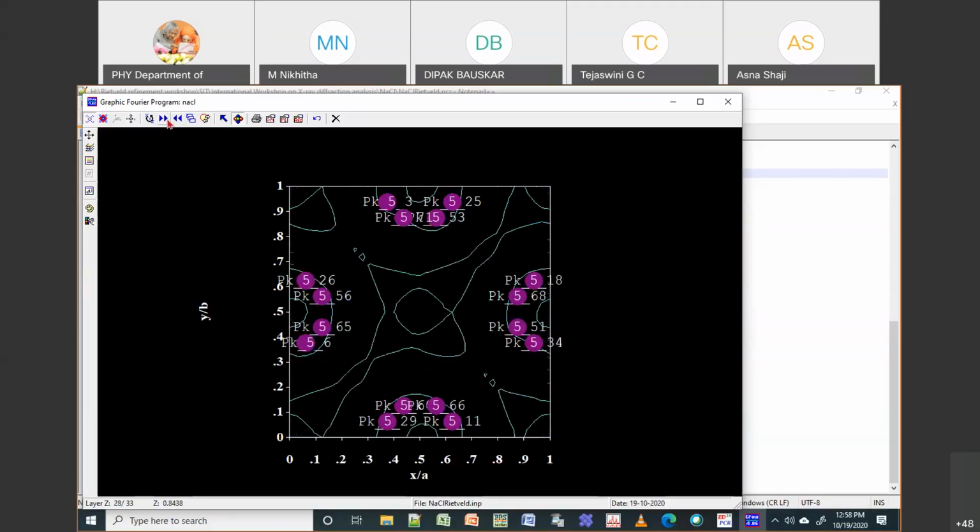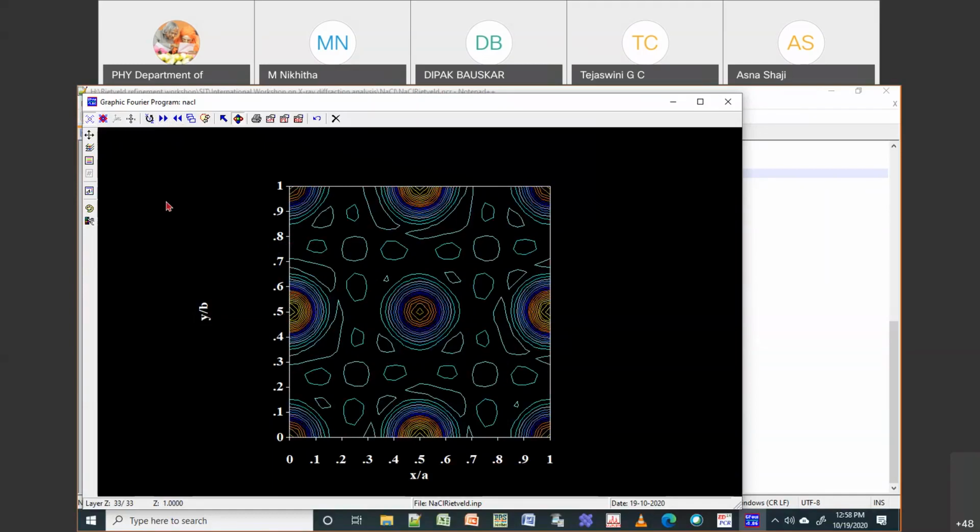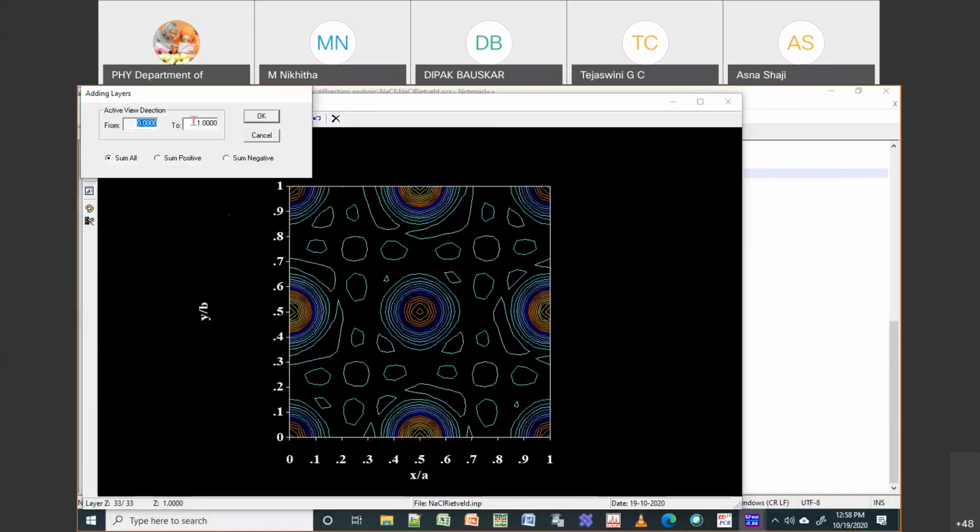These things you can do, but there are more uses of this Fourier mapping, which I may not be able to do here. You can also do the simulation, and you can see in one shot you'll get it. You can also change this, for example what happens in case of 0.5. I want to see only 0 to 0.5. Then this is how it looks.